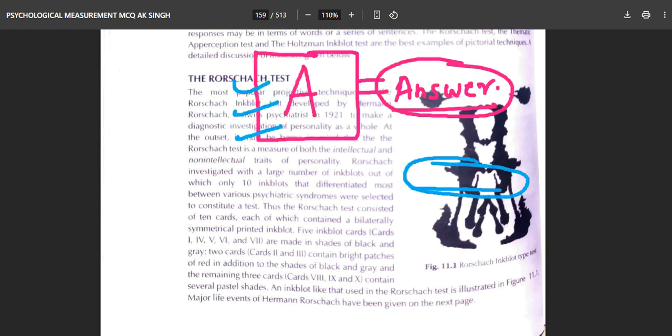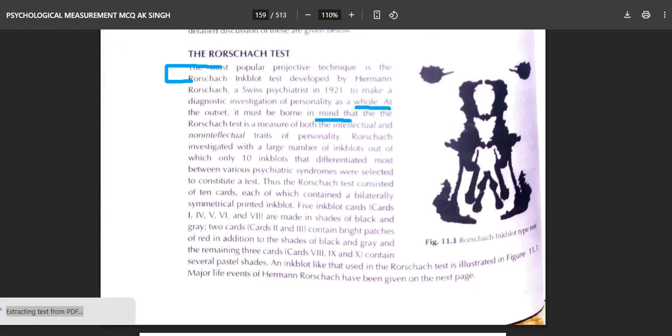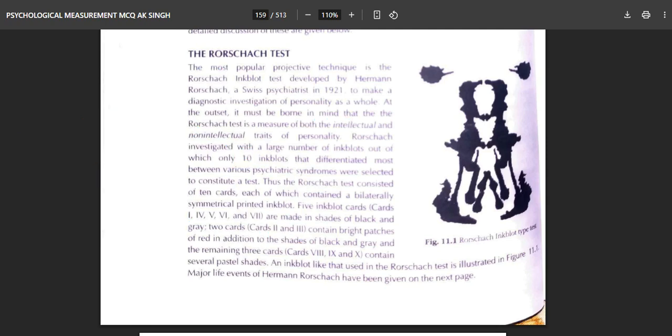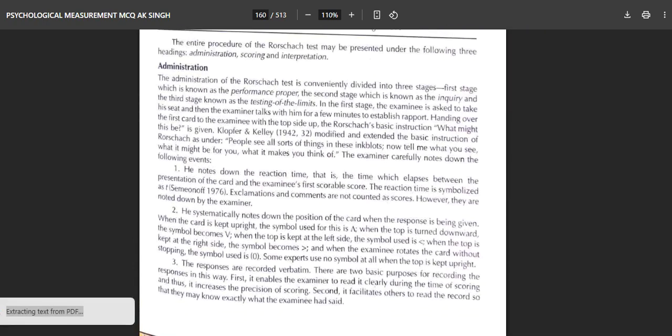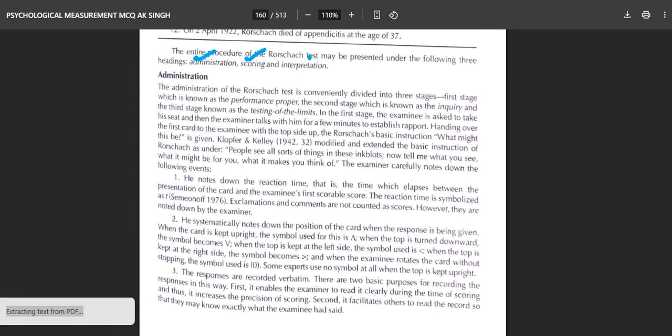Now, as soon as you jump over this, the Rorschach test 1921 by Hermann Rorschach, you will come down over here, and you see this is important because how many cards are there? 10 cards, 10 inkblots are there, and it was asked in RINPAS as well. So guys preparing for RINPAS, you have the question over there: which card is what? This is also important for your clinical psychology entrance preparation. As you can see, there are three headings. First is the administration, second is the scoring, and third is the interpretation. So ASI is included over here.